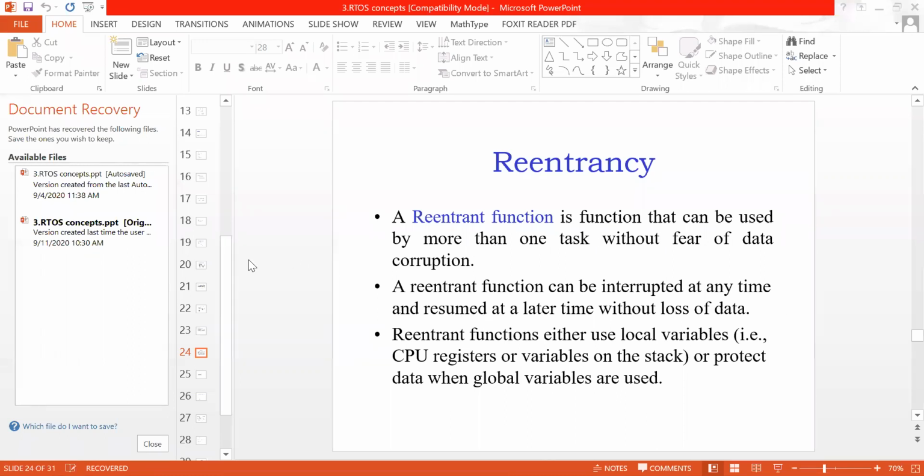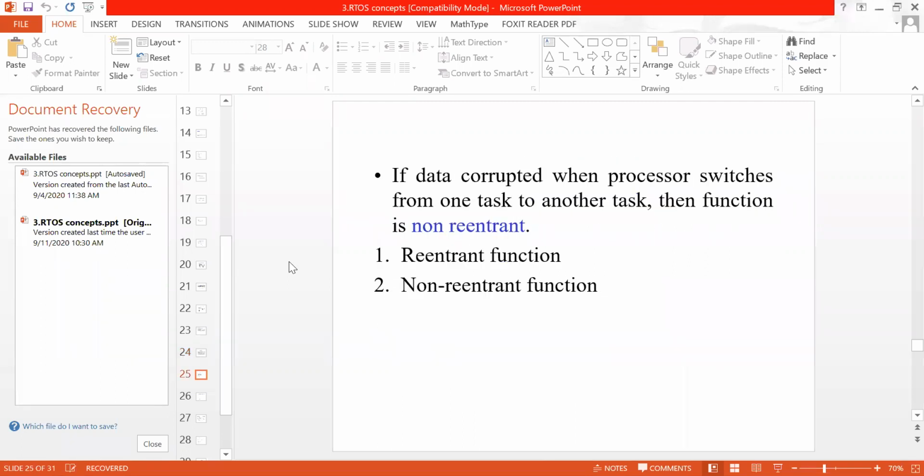That is reentrant and non-reentrant type of functions. Just see, it's a function. From your C, you have the functions, pointers, arrays, likewise file handling. Out of that, this is the function. So I will not again explain the theoretical. First, we will take an example, and then I will explain what is reentrant and non-reentrant.